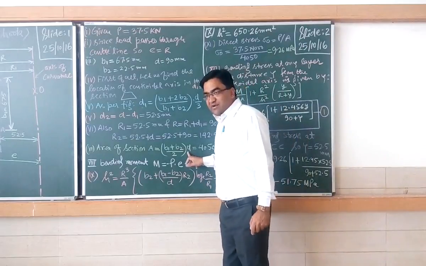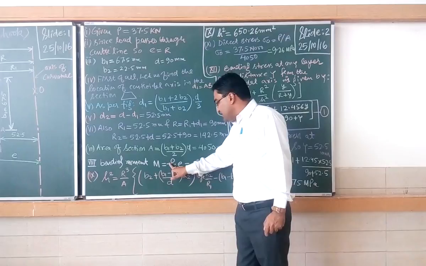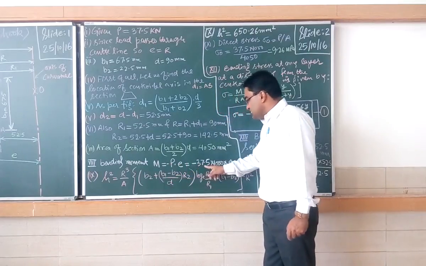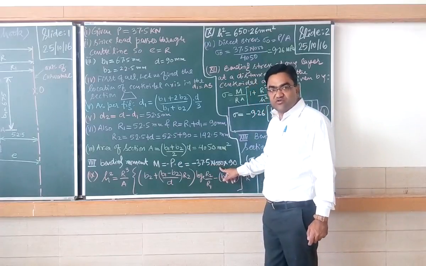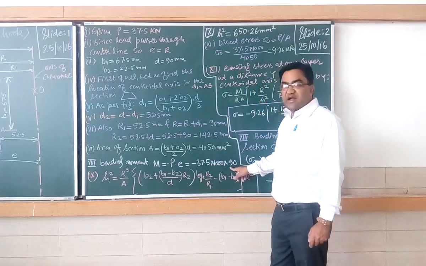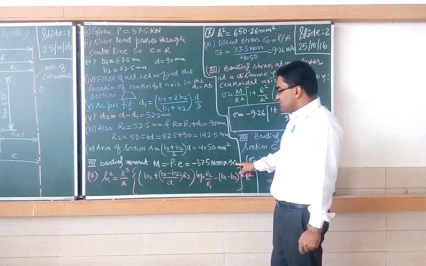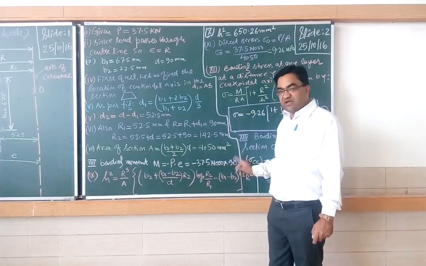एरिया निकल गया था अपना। Now bending moment was P minus P into E. This is minus P into E. This is minus 37.5 into 1000. This is किलो न्यूटन था तो इसको न्यूटन में तब्दील कर दिया। Multiplied by E है आपका 90. So after putting these values, यहाँ से हमने सभी का वैल्यू पुट करते हैं, माइनस 38, we can solve.